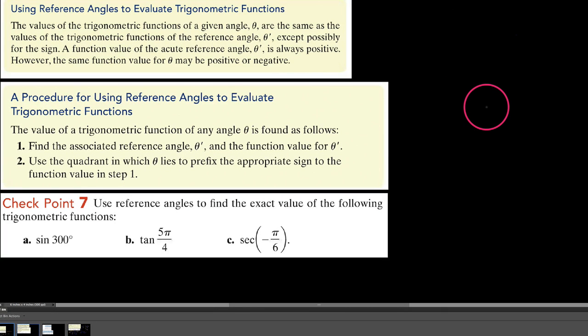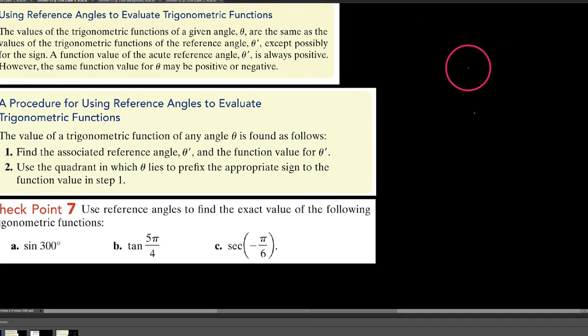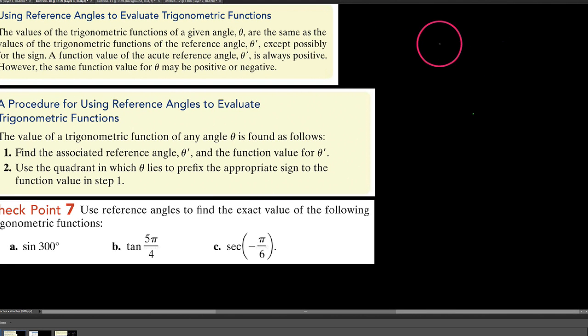Okay, YouTube, in the last few videos we've been exploring reference angles. In this video what we're going to do is explore how we could use reference angles to evaluate trig functions of some angles theta. And so what I want to start with is this idea that what if, for instance, we were